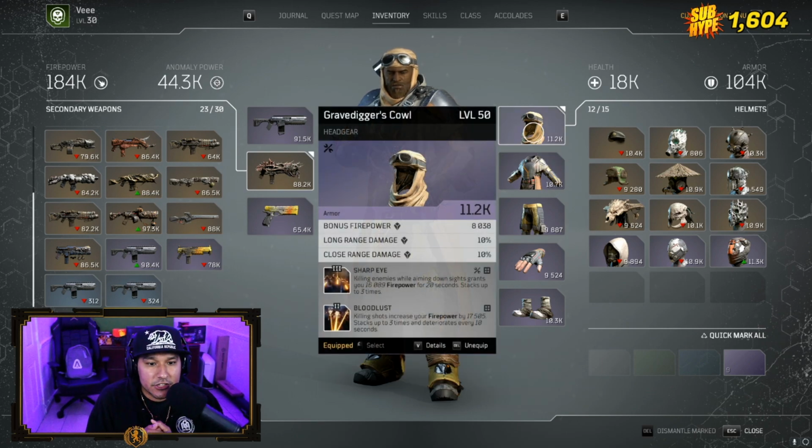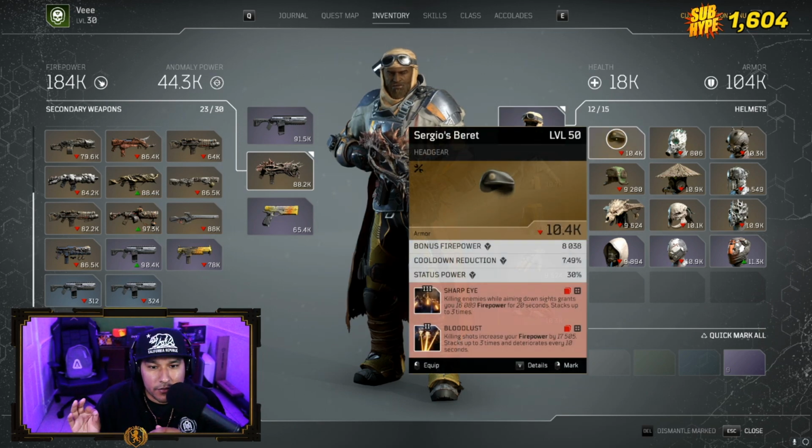All right, so Sharp Eye and Bloodlust. This is a beautiful combo. It's also a combo that comes on Sergio's Beret. So you could use Sergio's Beret if you wanted to, but you would be losing out on 10% close range